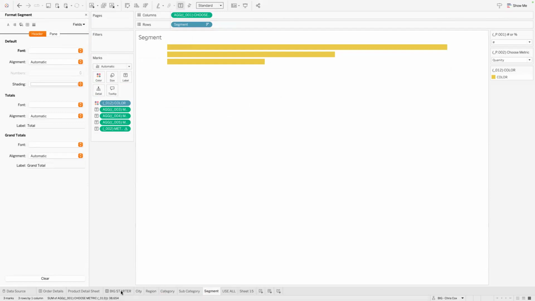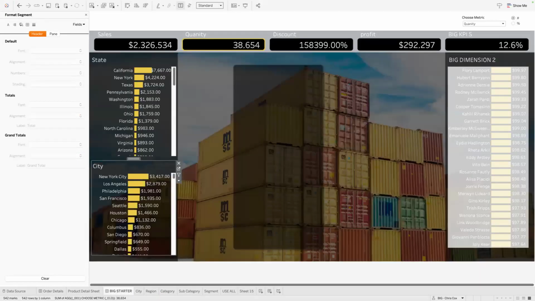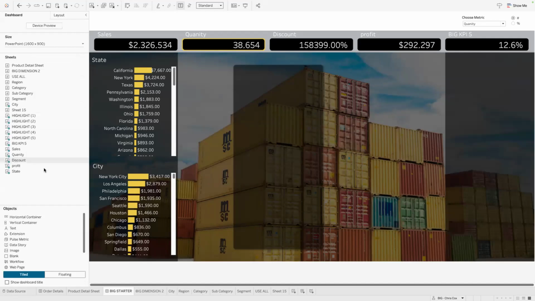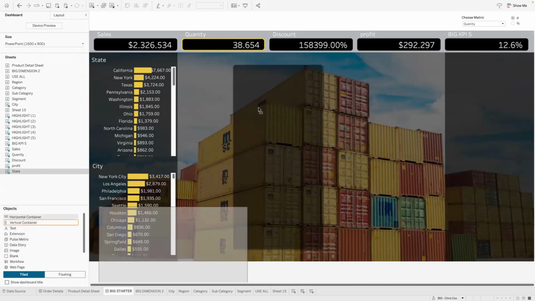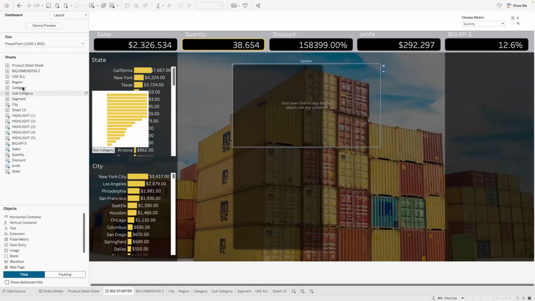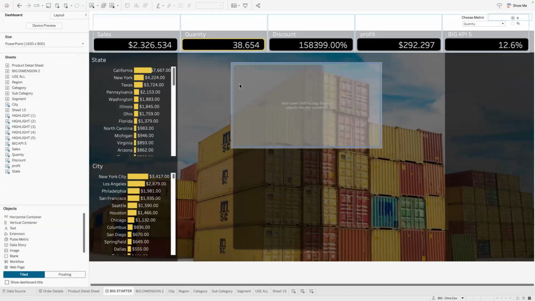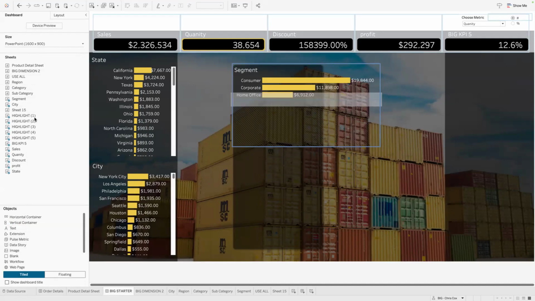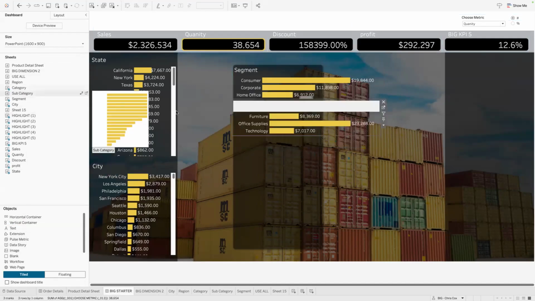All right. So back to the dashboard, I can get rid of this one. It's just a placeholder for me. Hide it. So now I can start putting things in. What I could have done, might have been even easier, is to drag in a vertical container, and then let's do segment, and then category, and sub category.